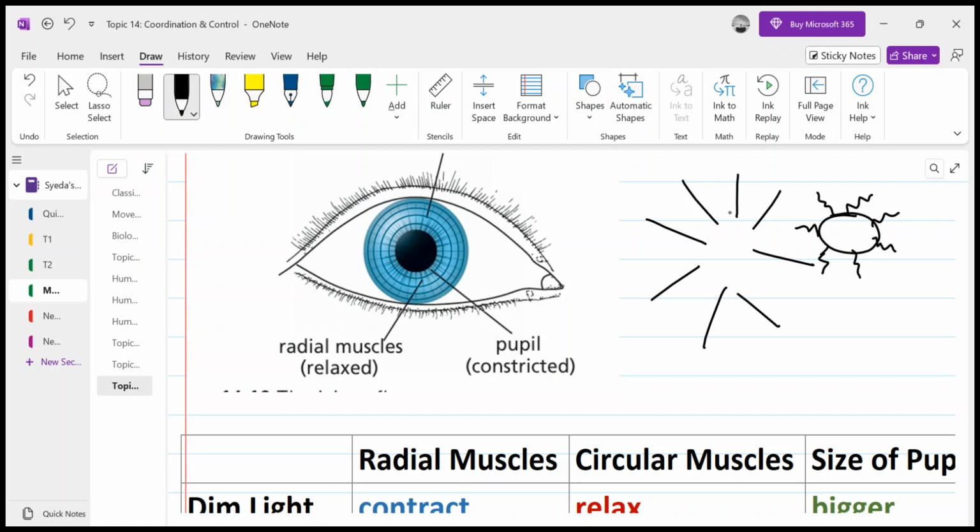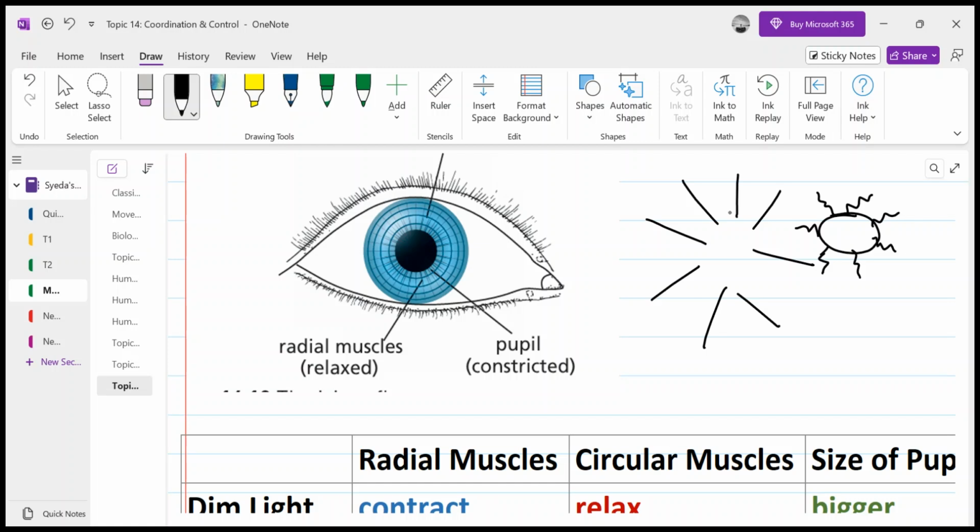So they pull and circular push when they contract. You could say that, but do not say pull and push, please. These are the words that if you use in your exam, you will not get the marks. You will only get the marks when you write radial muscles contract and circular muscles relax when there is a dim light, to make the pupil size bigger, so that more light may enter into the lens to see the object clearly in dim light, right? Do not write pull and push. Simple. Contraction means to get shortened, okay? And relaxing means to get bigger, to relax bigger.